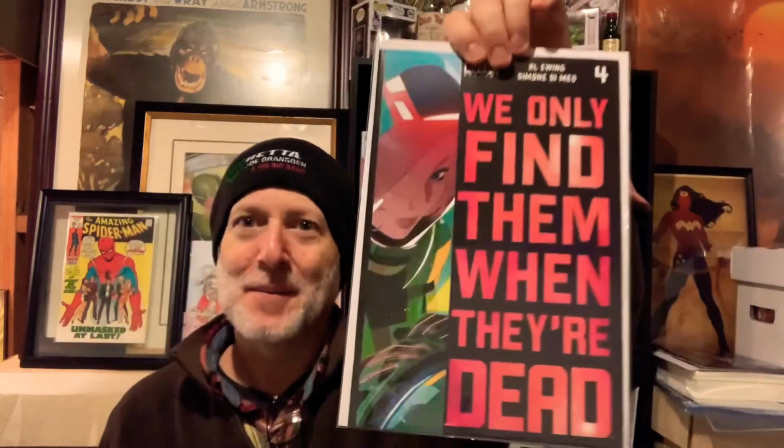This is "We only find them when they're dead." Good use of the lettering. But this is issue number 4, one of the multiple printings of it. 7 secrets, and we only find them when they're dead. For whatever reason, I'm ridiculous and just buying all the printings of them. They're good stories, and I like the art, and I do kind of to some extent like the big bold lettering all over it. And then I will finish with the Walking Dead Deluxe number 6,